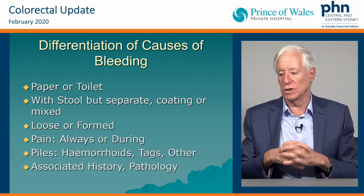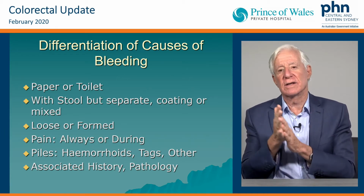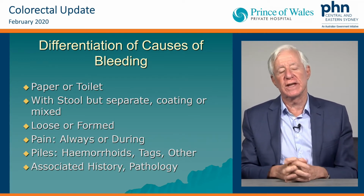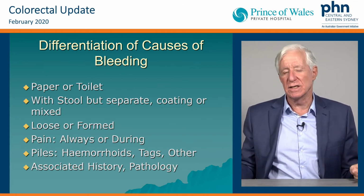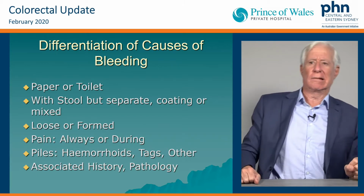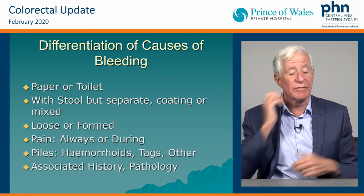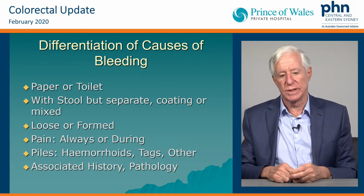So the sort of questions we asked before: pain through the anal canal. You can almost work out the amount of spasm in the internal sphincter by asking, is the pain during or is it just at the end? If it's during, they've got an acute, active, painful fissure. They're like this on the toilet, and they want to try to break up the motion, because if it's a formed motion, and particularly if the cause is constipation, and they've torn before and they're still passing hard stools,